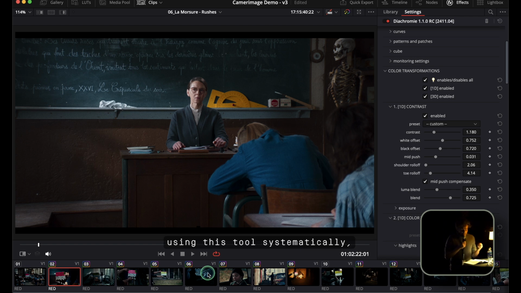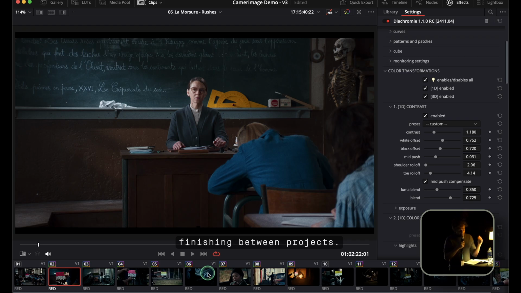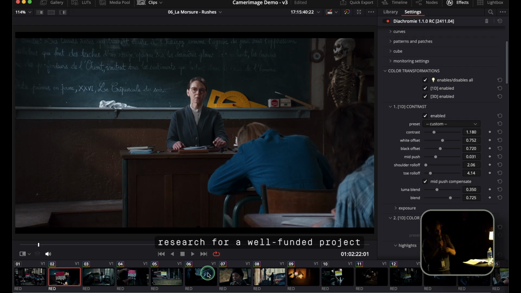Using this tool systematically has given all my projects a meeting point in terms of look creation platform. It means that there's no distinction in level of finishing between projects. I mean, a long and costly look research for a well-funded project can produce presets that can be used for